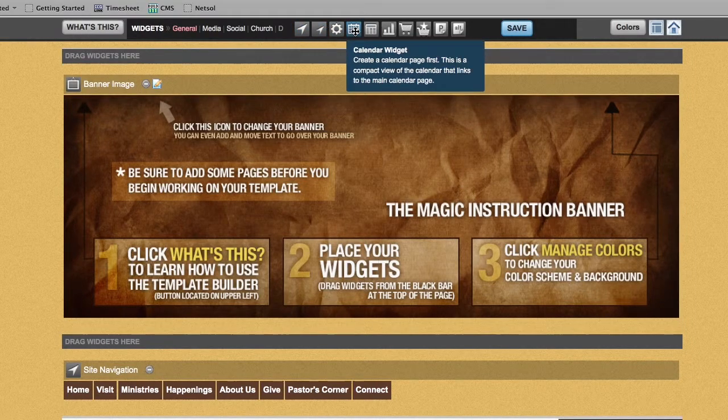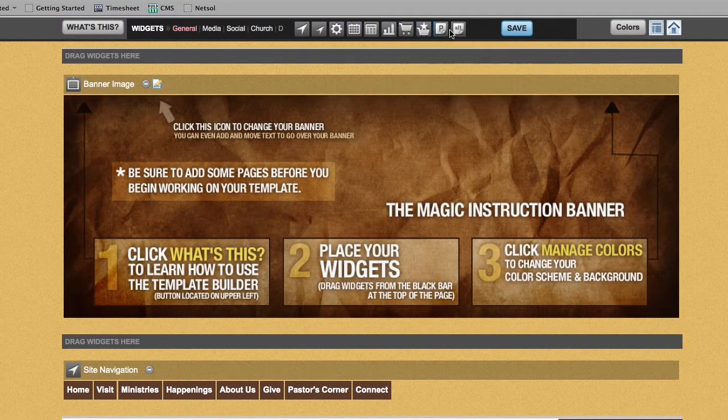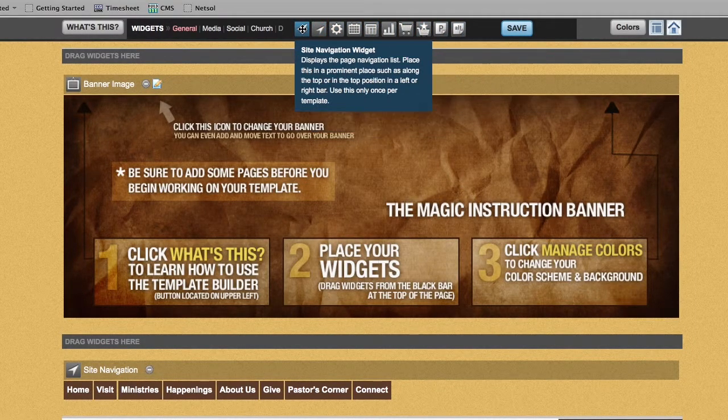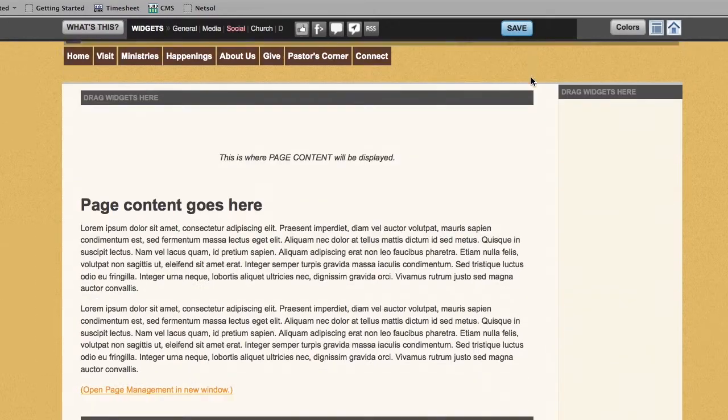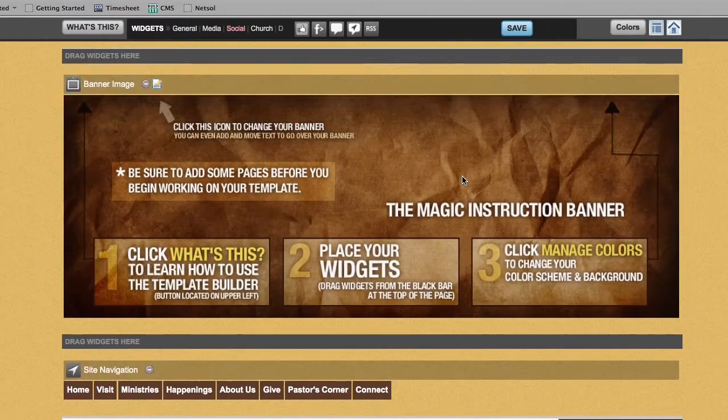Okay, so you've got these different widgets, and when you scroll over each one of them, they're going to tell you exactly what they do. If you have any questions about them, you can always give us a call. So once you've put in your widgets throughout the site and dropped them so that you know where they'll go,